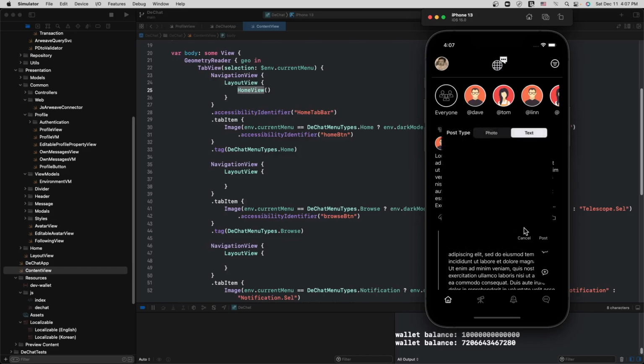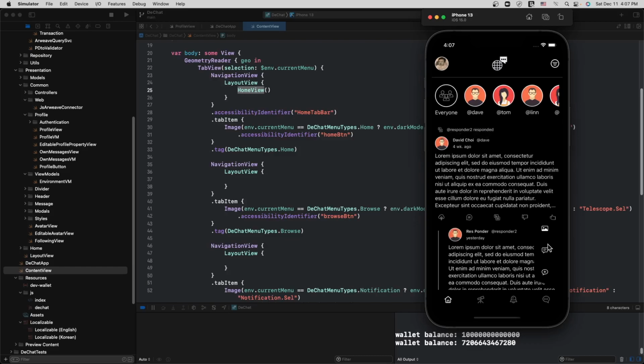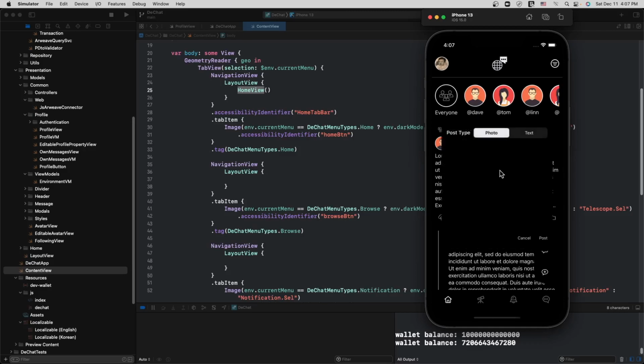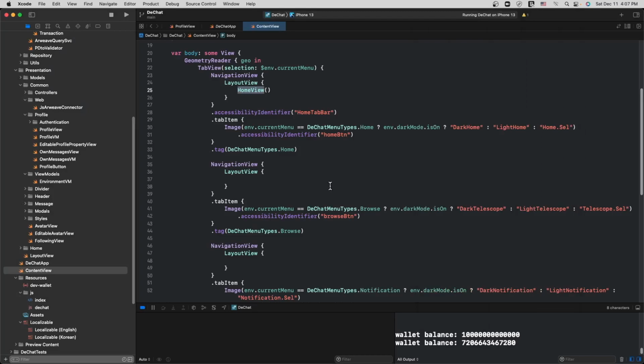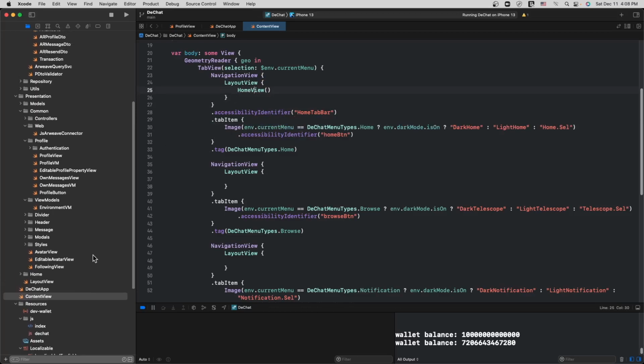This is for text-based posting, and this is going to be for image-based posting. So anyway, you bounce off this screen. We have our icons. We have the main home component. So that's this guy right here. And there's going to be, like I said, the browsing screen, the alerts, etc.